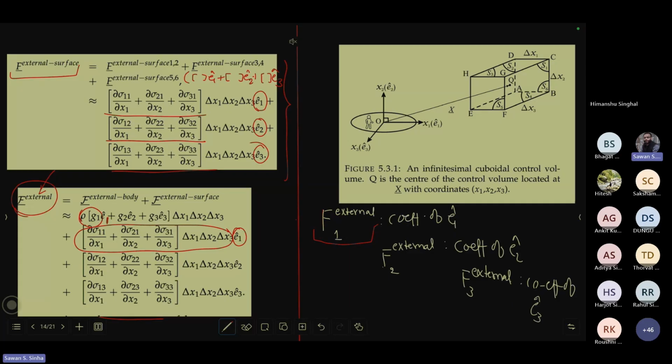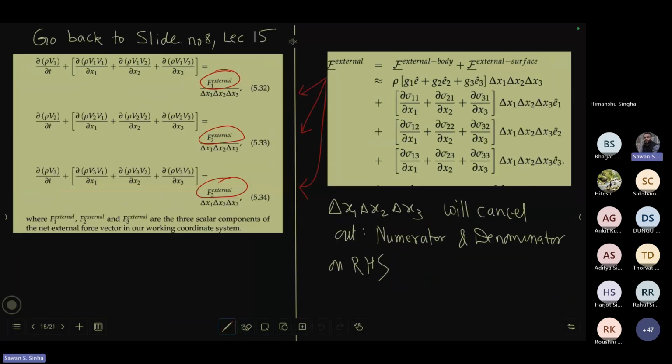That will be this, and this combined will be called F1 external, one component of the external force. And then similarly, I can extract out the 2 component of the external force and 3. So you extract those components,